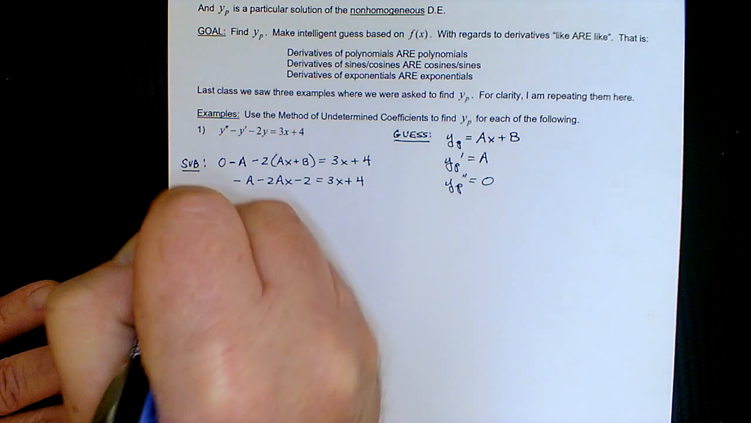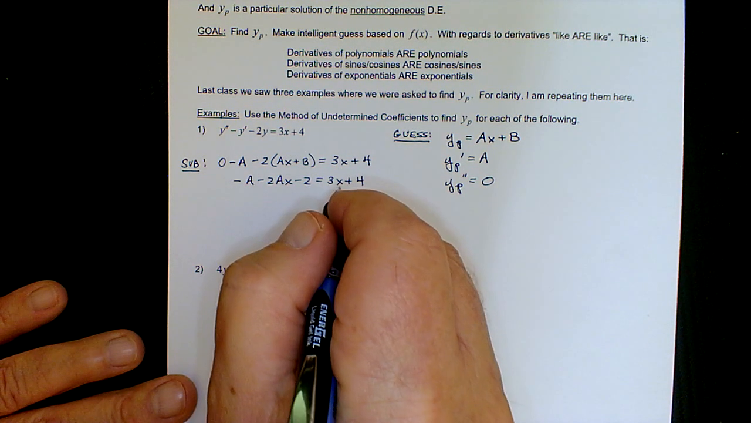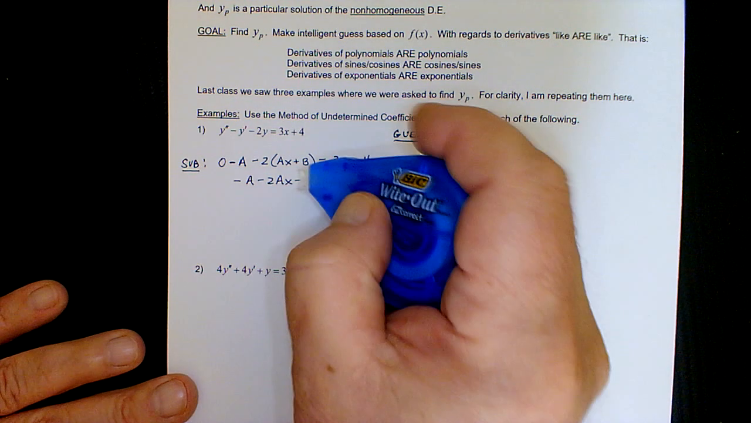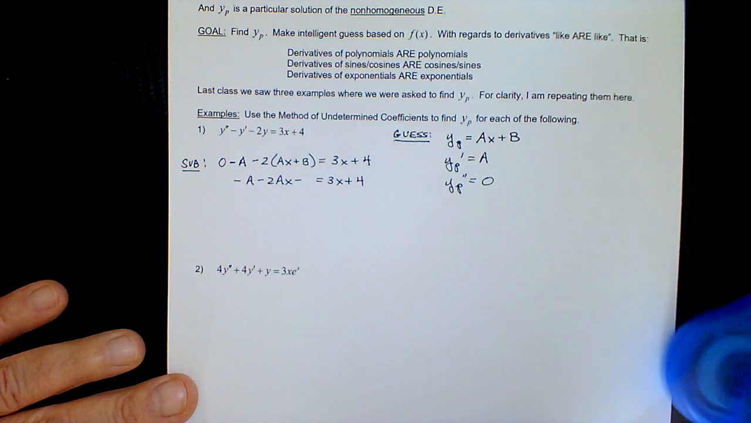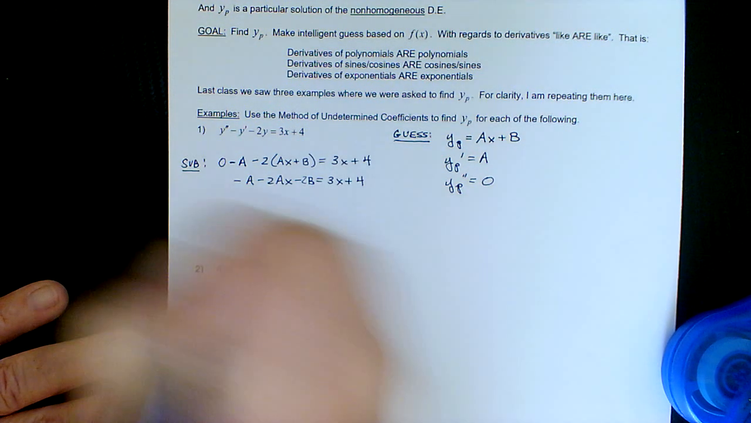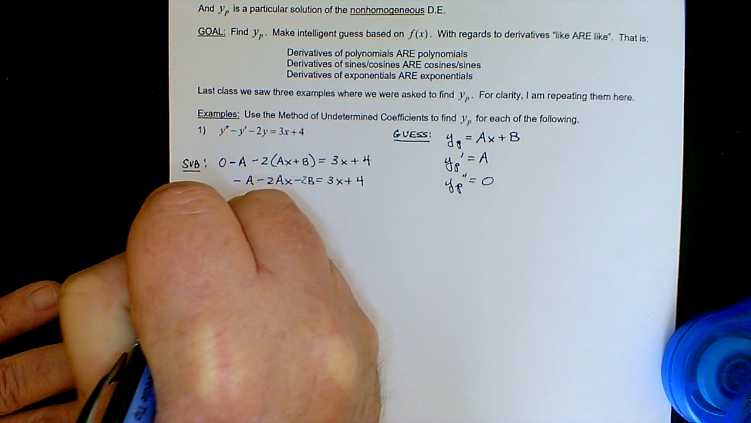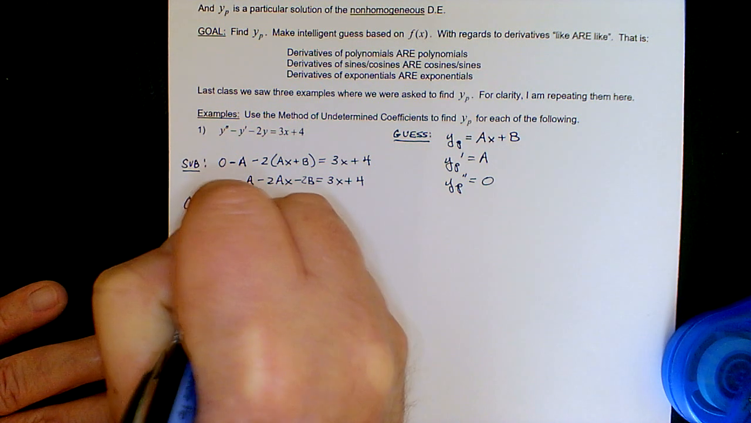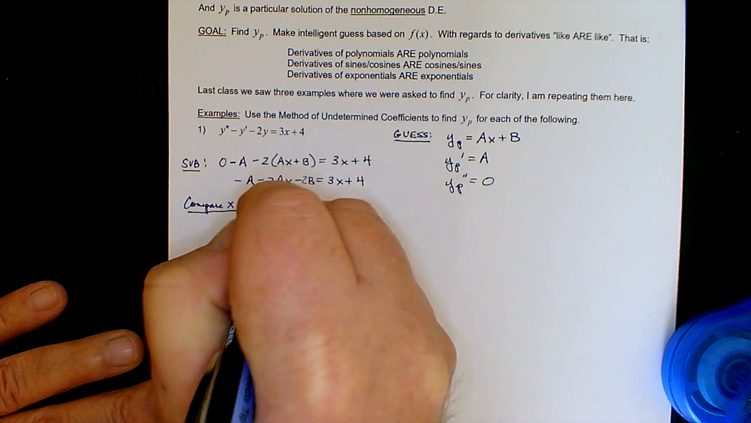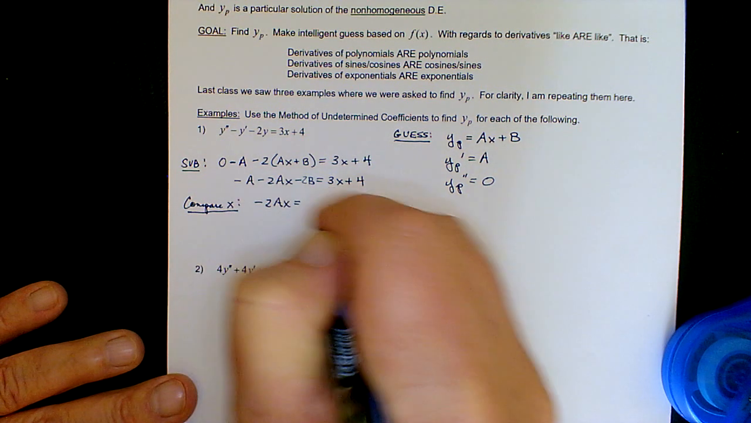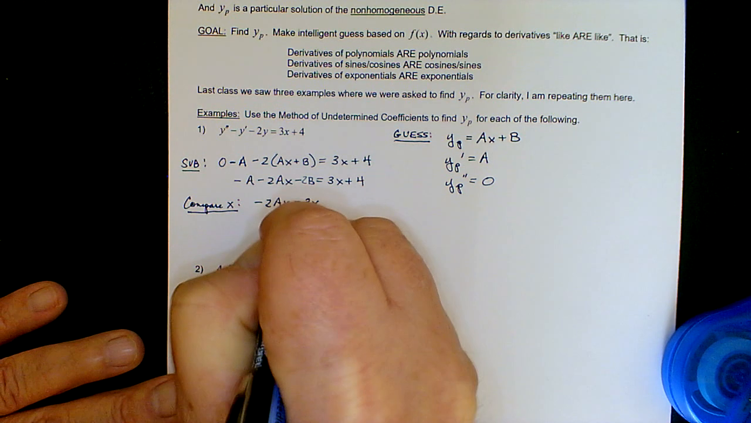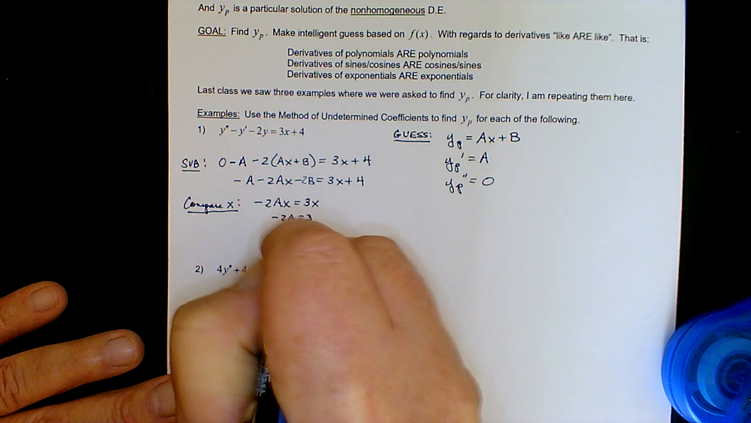And at that point, to solve for these constants, oops, that's a -2b, sorry. We're going to have to compare. So we'll compare, let's say, the x's. On the left side, we have a negative 2ax. On the right side, just 3x. We divide out the x's. Negative 2a would be 3. So a